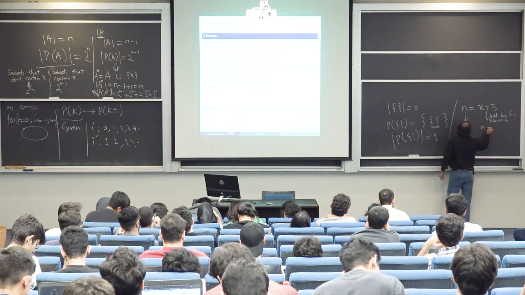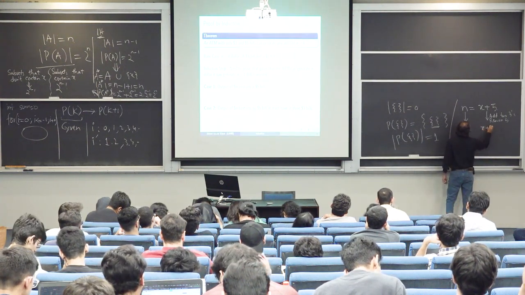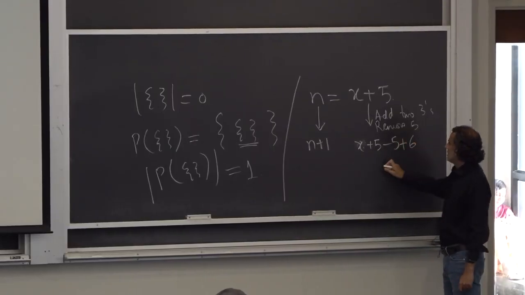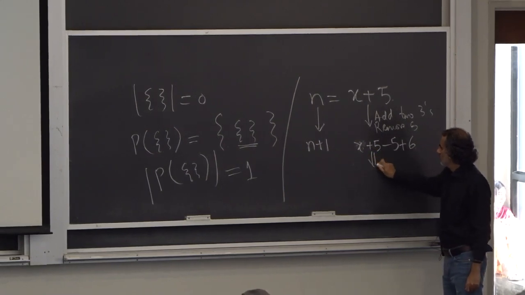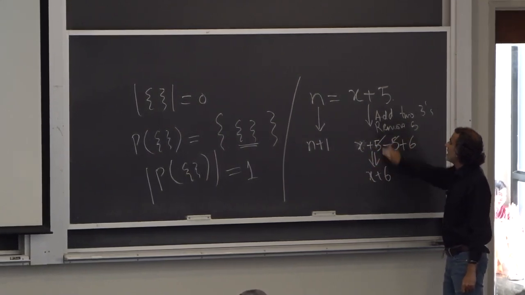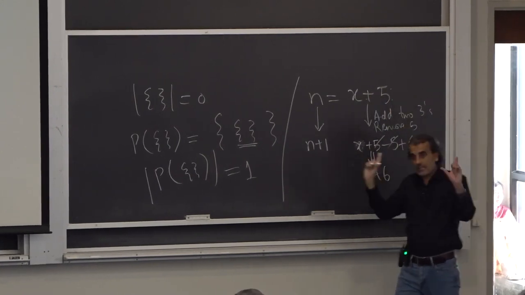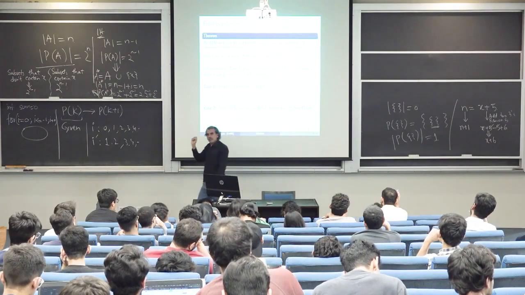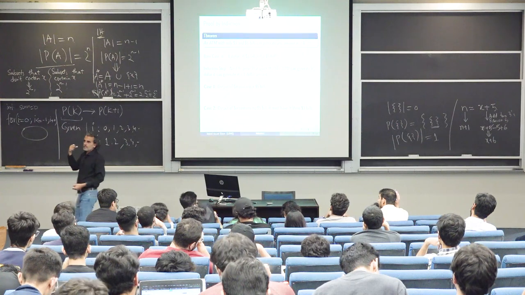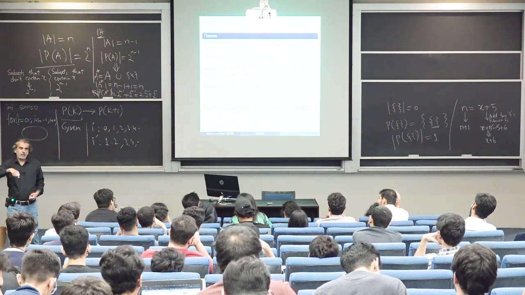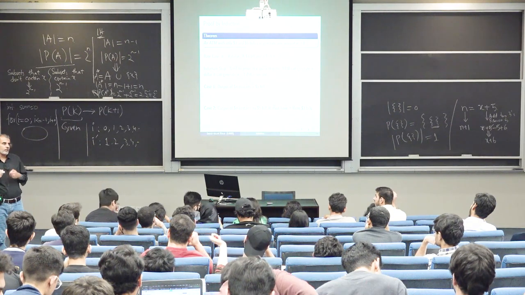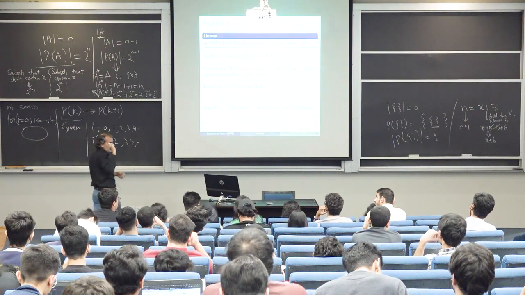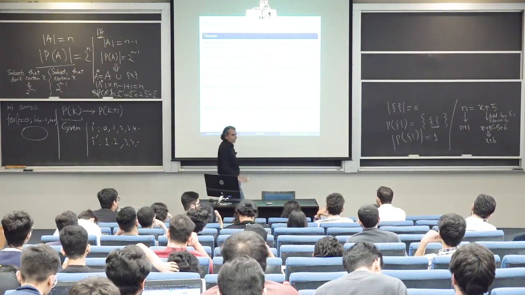So this will become x plus 5 is there, and we are removing 5 and adding 6. So this gives us x plus 6, which is just the next number, right? So this is case 1, but we are not sure that in all cases a $5 will be there. If a $5 is there, we just take away that $5, substitute it with two $3 bills, and we are done. Two $3 bills means 6 is being added, 5 is being removed, and the net impact is 1. Like, how do you do that in an ATM?